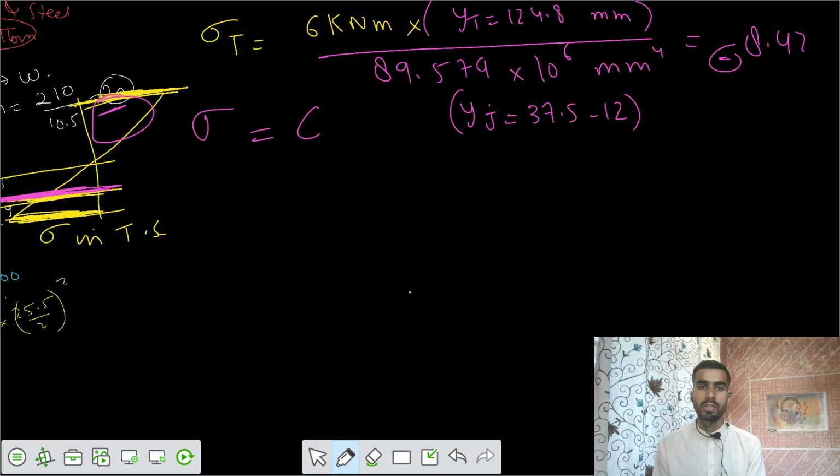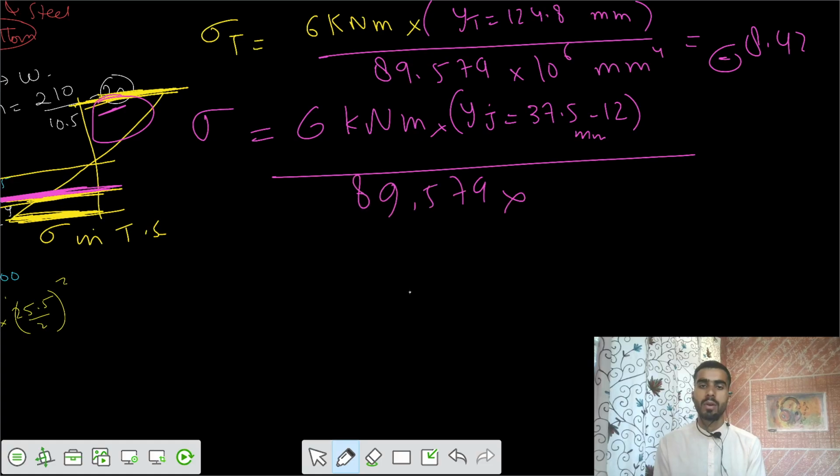And value of moment is 6 kilonewton meter, and you have to divide by 89.579 into 10 to the power 6 mm to the power 4. So you got the stress value of